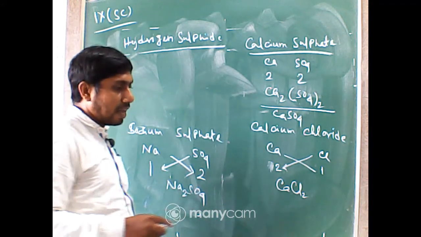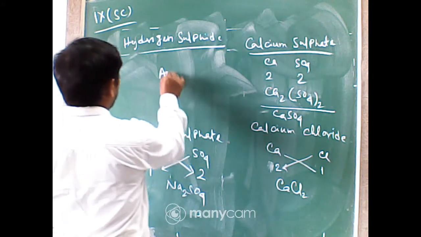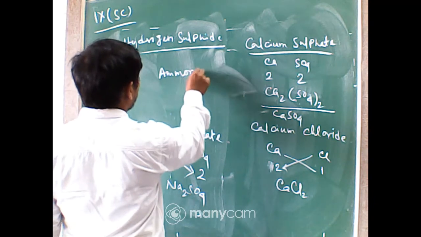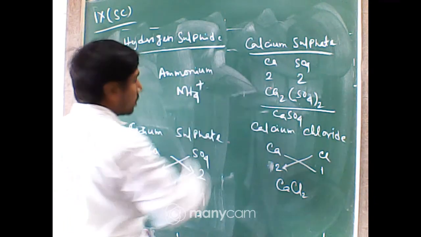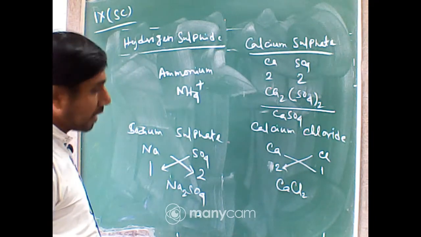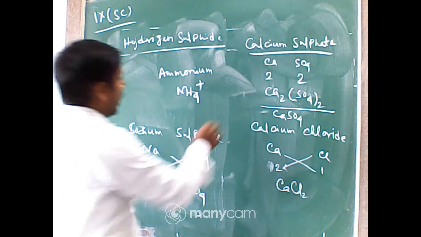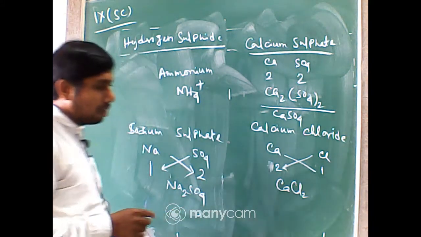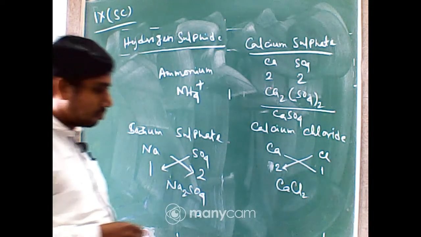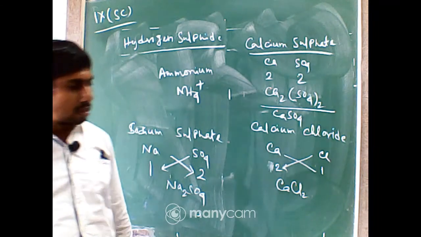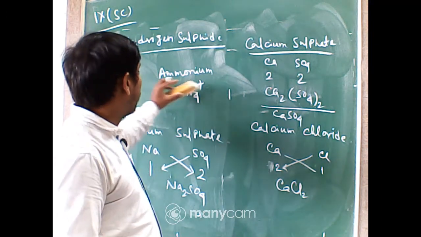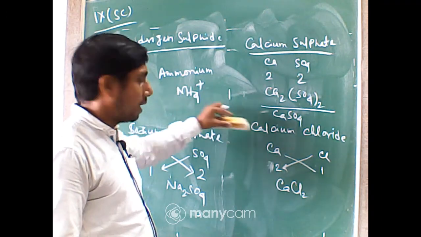Now write down one cation in the chart. In the chart, add one cation, ammonium, NH4 plus. Add it on the cationic side of that chart and the valency is 1. Write it down in your chart. Is it clear? Write the ammonium in the cationic part and write its valency.